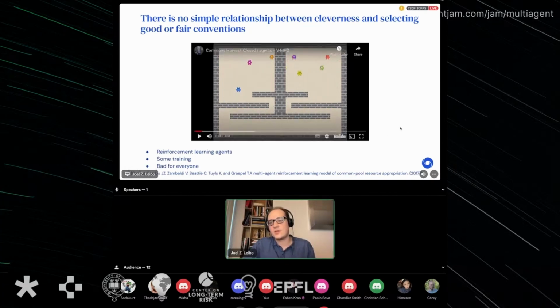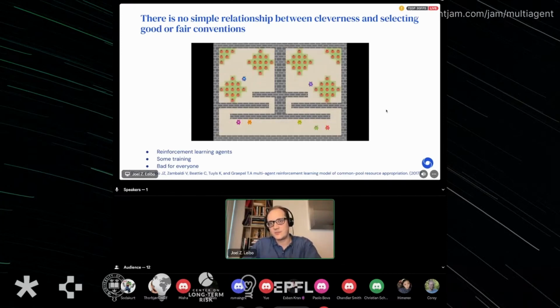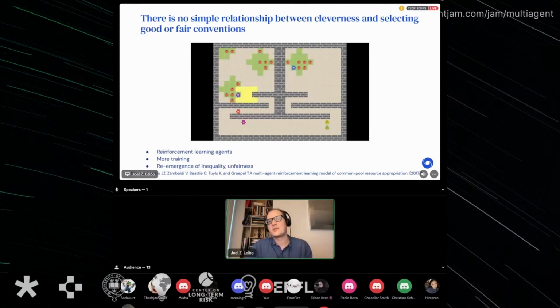Now let's try it again with more learning in the same run. With more learning, they find that there actually is a kind of solution again. And that solution is basically to zap all the players as they come down the corridor and then effectively monopolize the resources for themselves, the ones that are inside. So now the ones that are inside are again back to the case where things are really unfair and in their favor. So adding intelligence here has led to the reemergence of the inequality and unfairness that we had before.